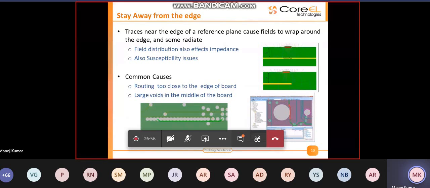As you see in the image here, when I have a reference plane, most of my energy, or let's say EM energy, is coupled to the next reference plane, wherein the moment your trace or transmission line sees a cut out, or let's say an edge, part of it will start radiating to the dielectric, or maybe the air. So any component or any equipment nearby will see a larger influence.